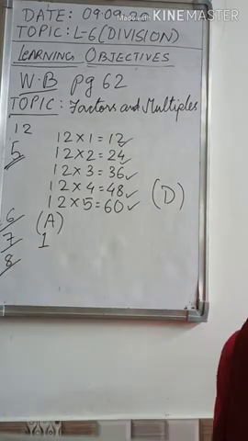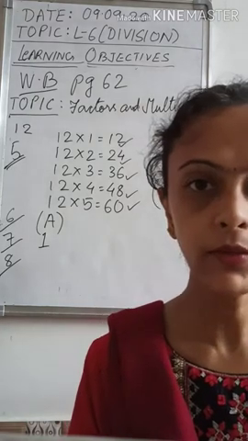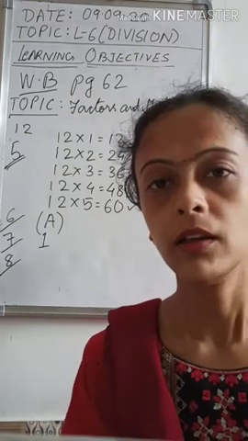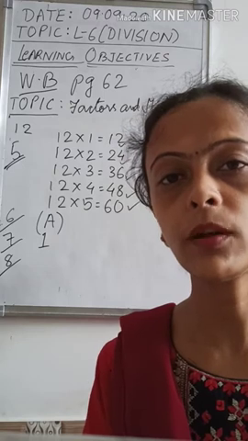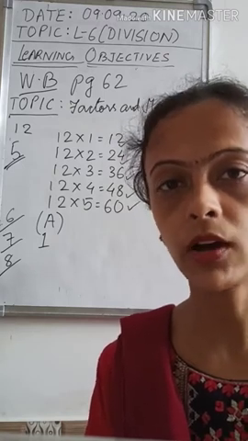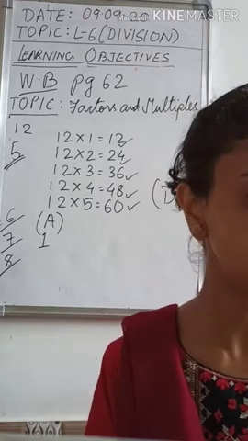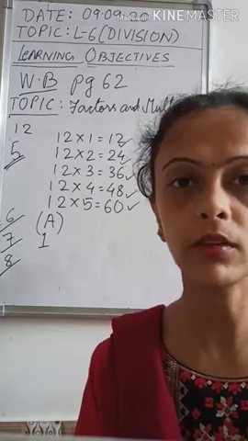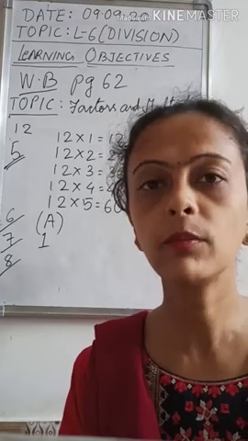Number 8. Multiples of even numbers are dash numbers. Even numbers, for example, 2. 2 is an even number. You know even and odd numbers? Even numbers are those numbers which are divisible by 2, or those numbers which come in the table of 2. The remaining numbers are the odd numbers, which are not divisible by 2. With even numbers we can make pairs. With odd numbers we cannot make a pair.